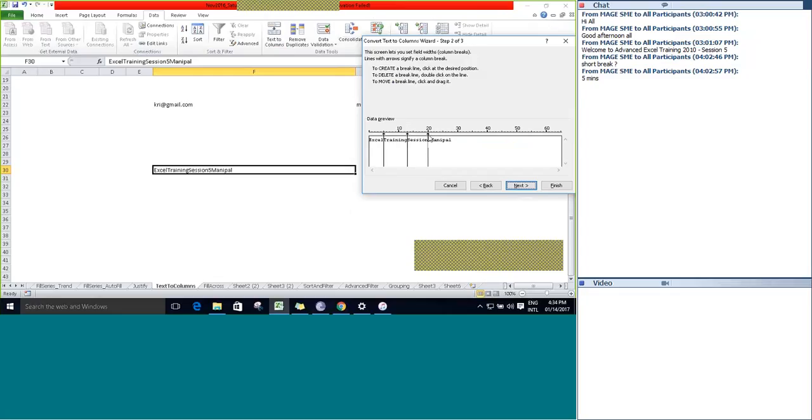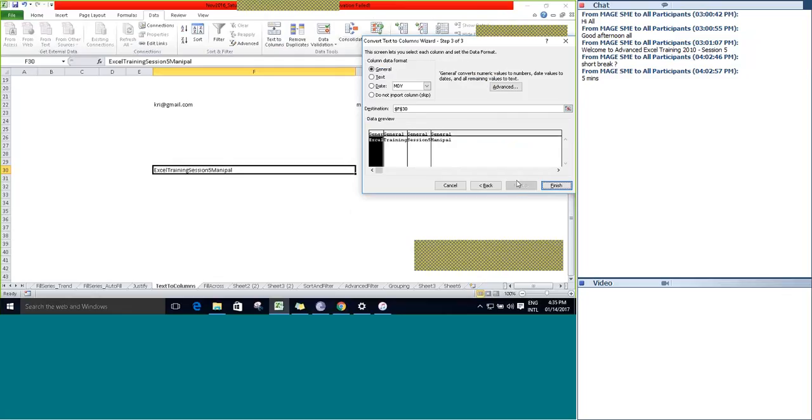If you want to remove any arrows, just double click, it will remove. Single click will add, double click will remove the arrows. And then click next, and then click on finish.